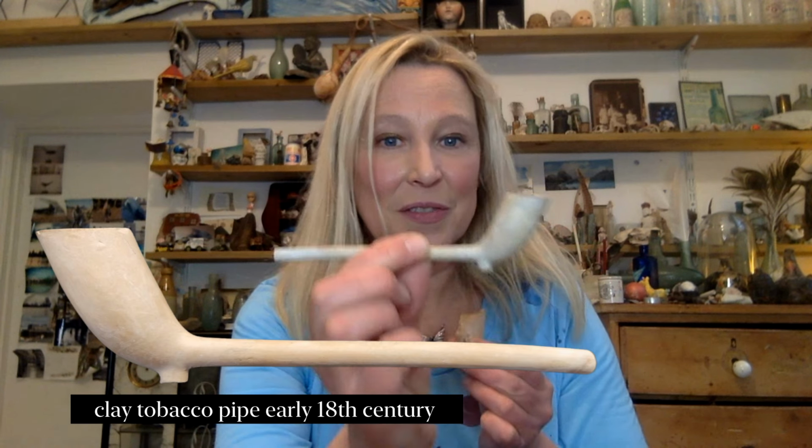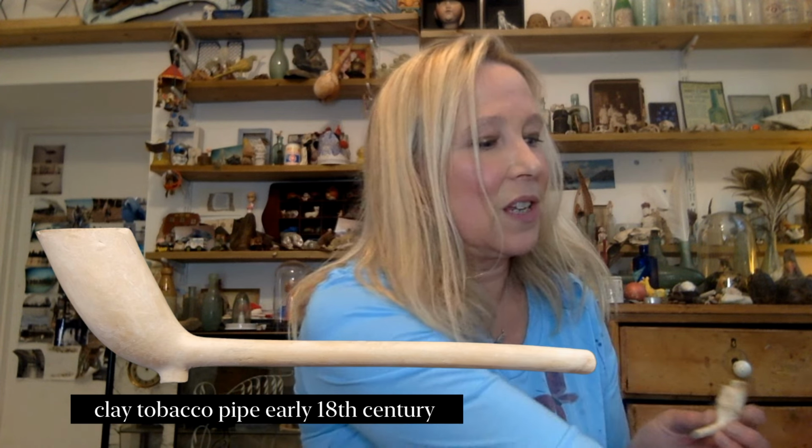And it kind of makes the other objects I have here in front of me fade a little bit into insignificance, so we will not spend too long on them, but very quickly. Of course, we have the clay pipes here. This one from the early 18th century, and this one I will show you because, of course, the colour has